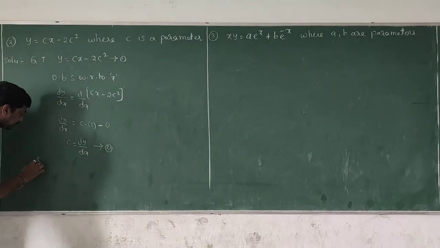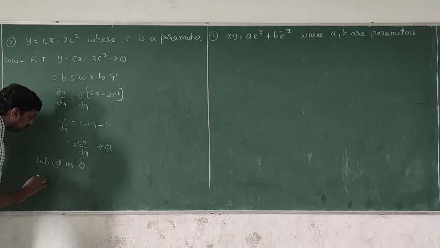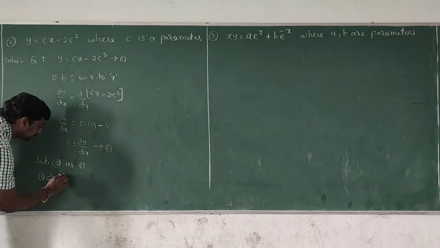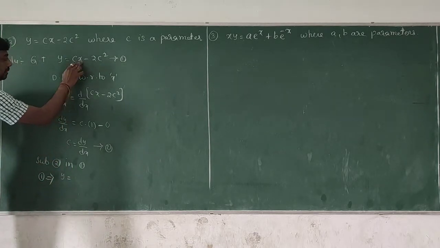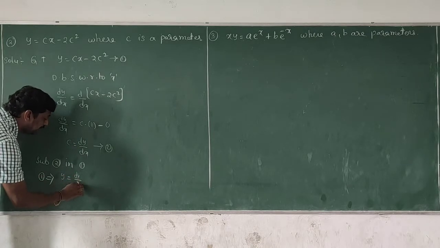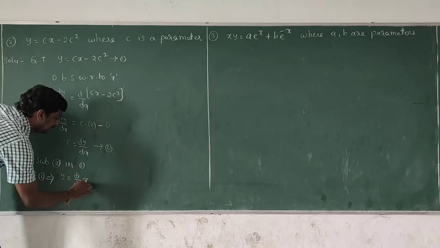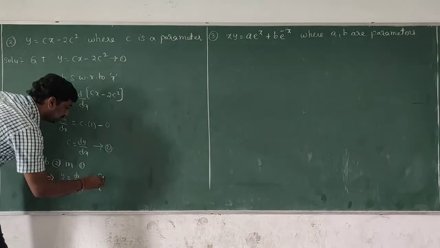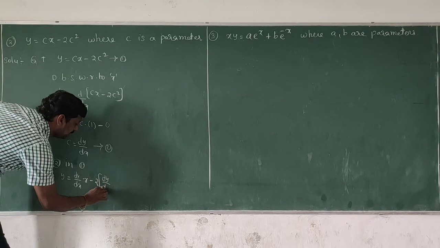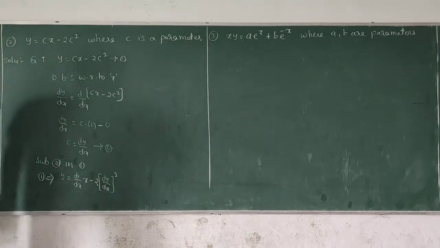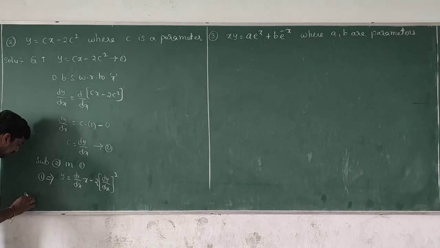Substitute 2 in 1, from the first equation. What is the first equation? y equal to c into x, but c equal to dy by dx now. So that's why dy by dx into x minus 2c square. The c value is dy by dx. Substitute in this one, dy by dx whole square. So from this, the final answer, the required DE is